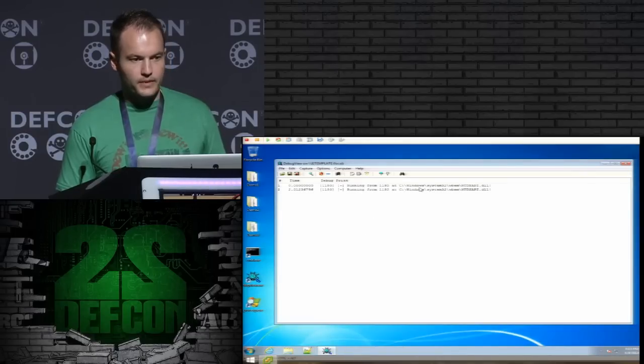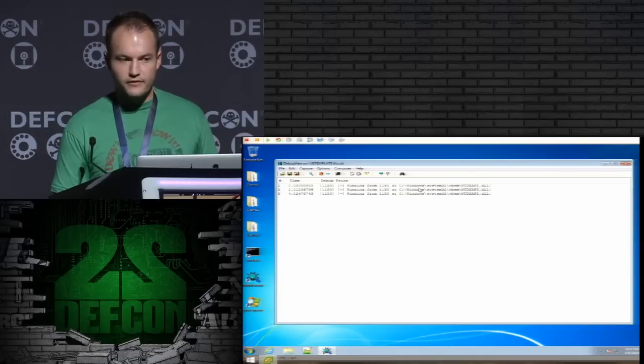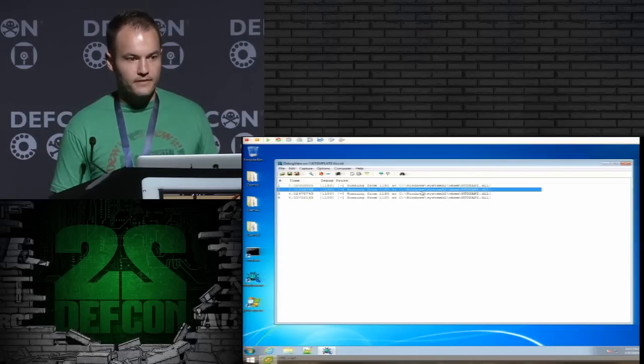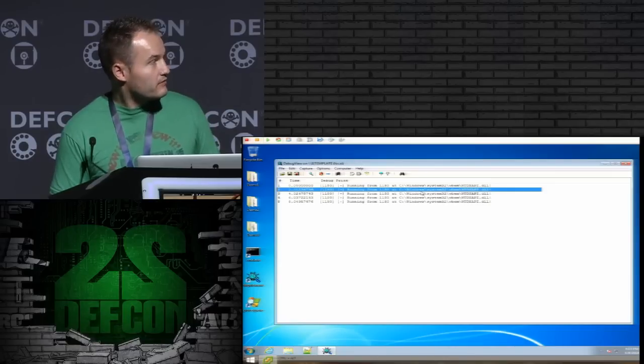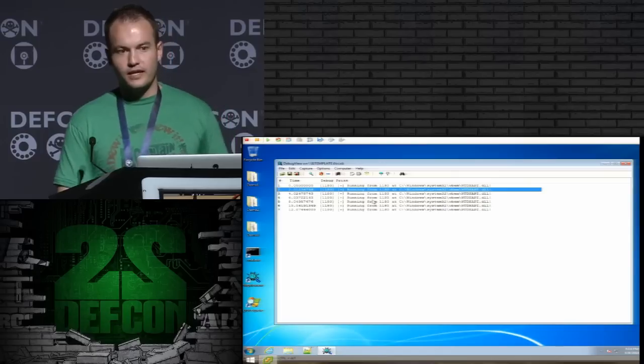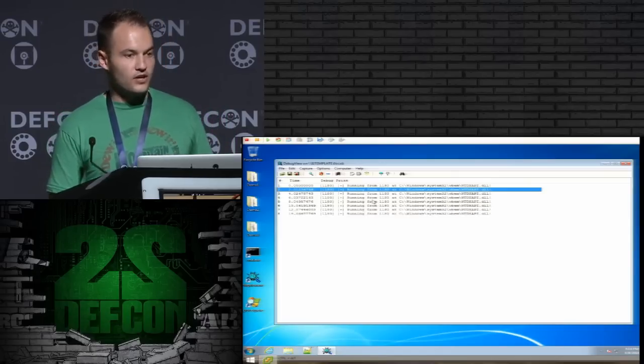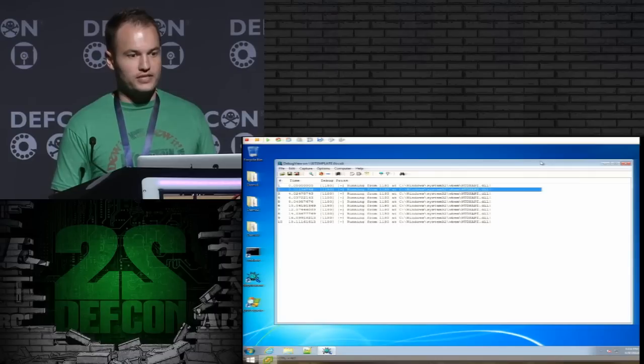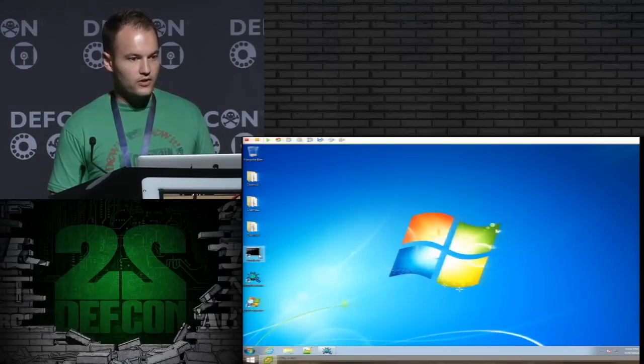Okay, so it should say something about what process or what PID it's running from and where the DLL is located at. Is that what you guys are seeing, for those of you that can see it? Okay, so that's the first one. Again, this requires that VMware Tools is installed. So there are some requirements there, but if it is installed, then you have a super stealthy persistence technique in Windows. Okay, so now we'll demo the second one.